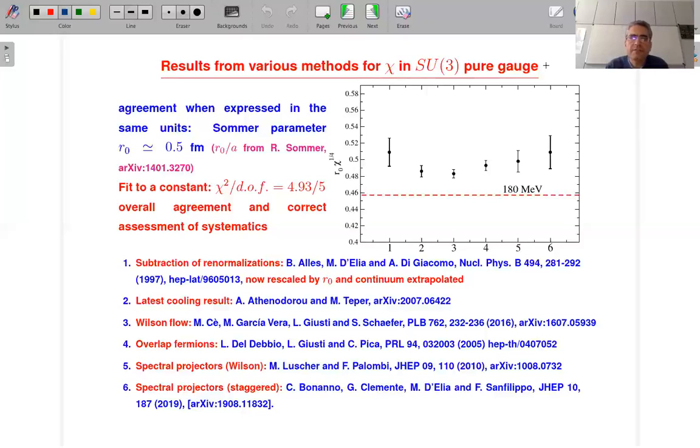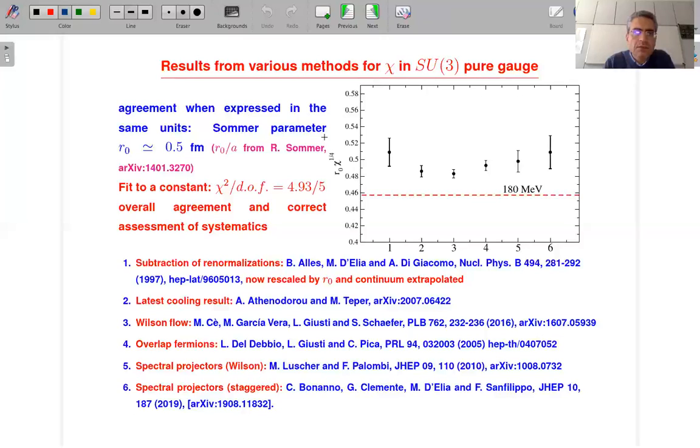And of course, if everything is consistent, even coming from different methods, it means that lattice QCD simulations are able to determine topological susceptibility with accuracy and control over systematic effects, and control also over the continuum limit. So, as you can see, the agreement is good,